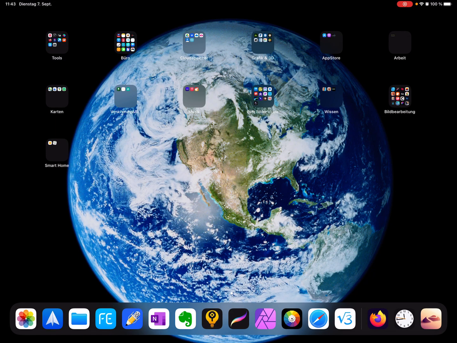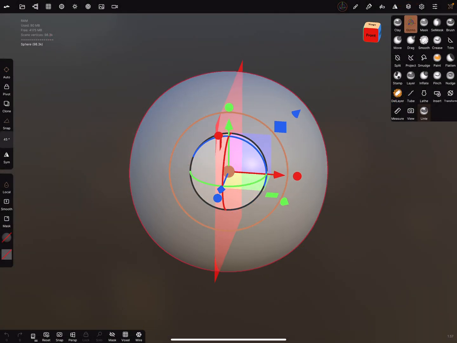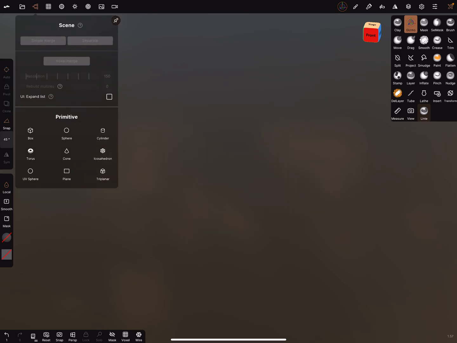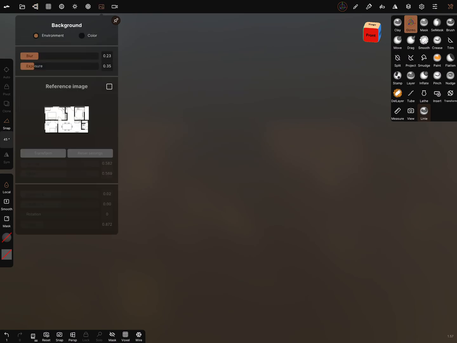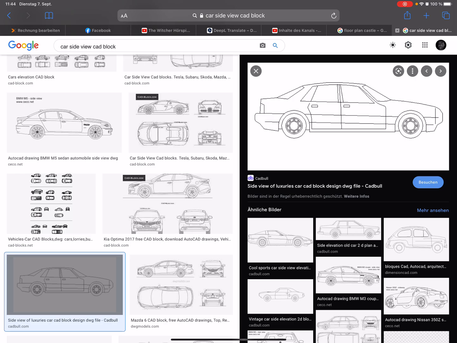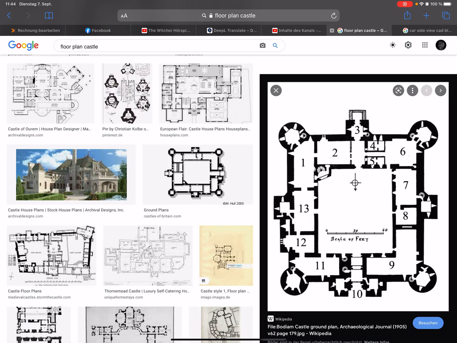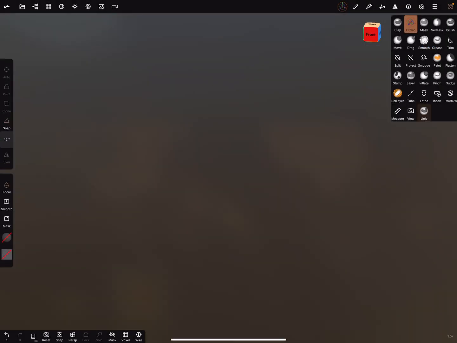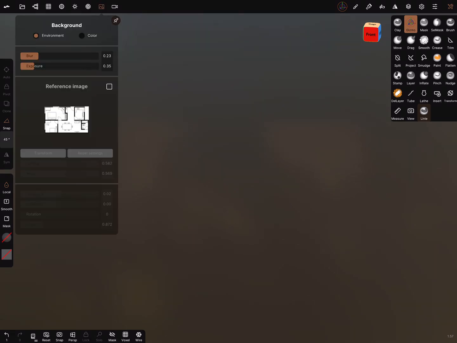Okay, I switched to the Nomad app. This is a new scene. I delete the sphere, and the first way is you're searching in the internet for a plan, CAD side view, this car, or a floor plan like this, and you save it in your photo gallery. And now you go in the Nomad app, and in the Nomad app is a background